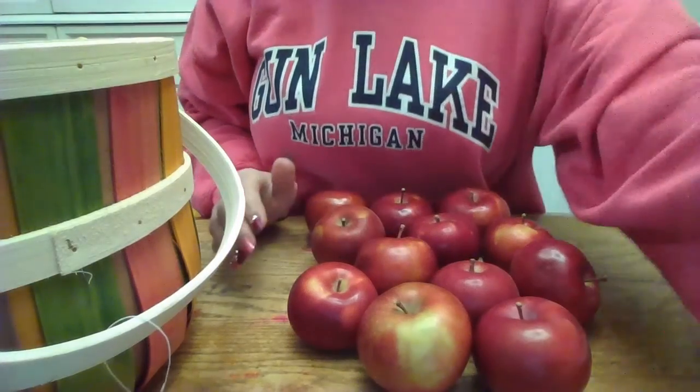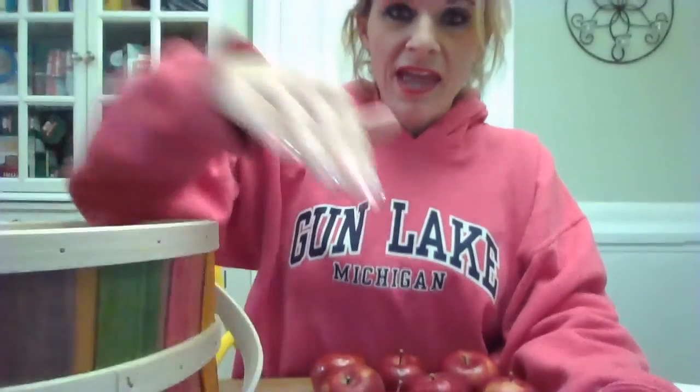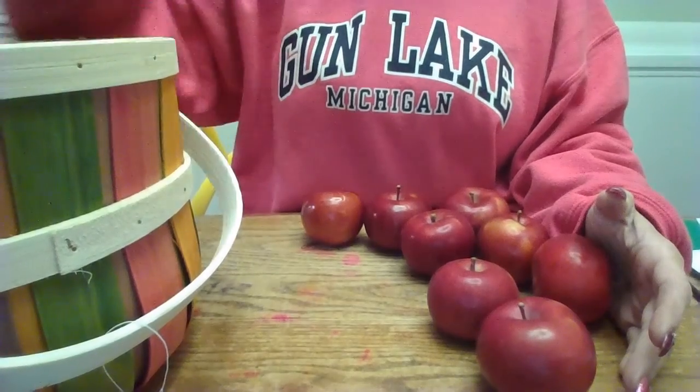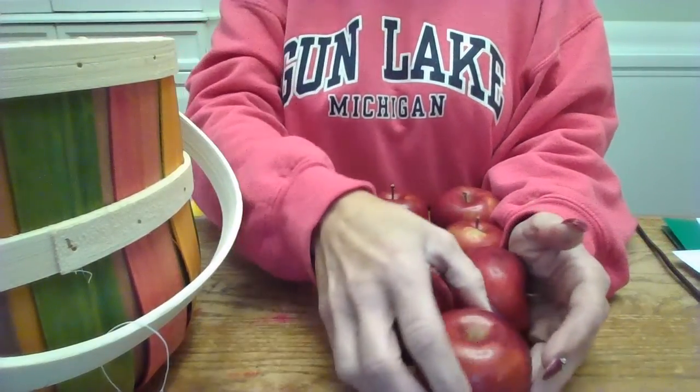All right, so boys and girls, we just counted up to the number 12. Now we're going to count backwards from 12 to 0. Are you ready? This gets a little trickier, so pay attention. All right, here we've got 12. I take 1 away. Now we have 11, 10, 9, 8,